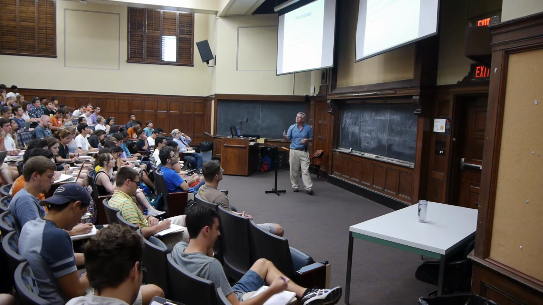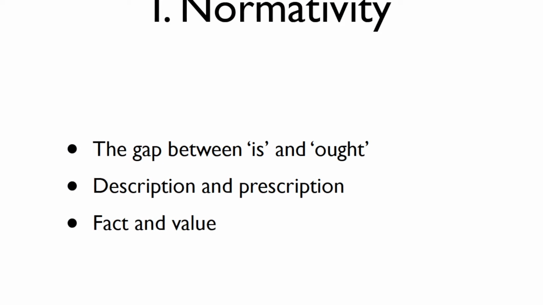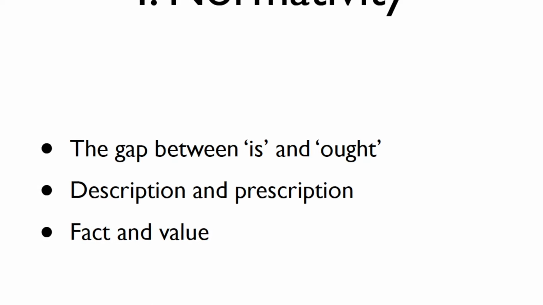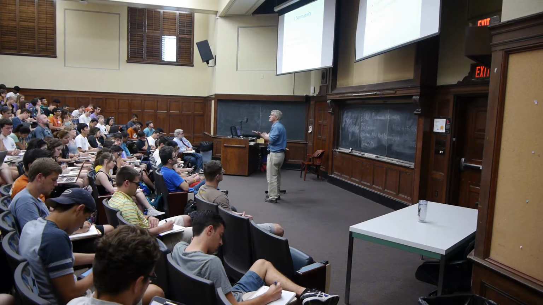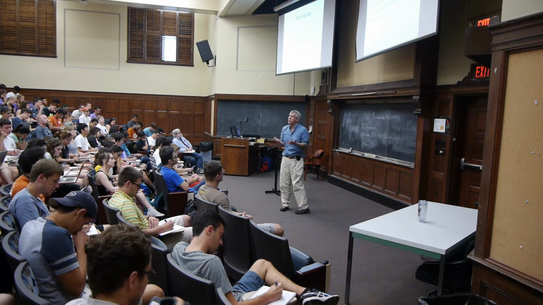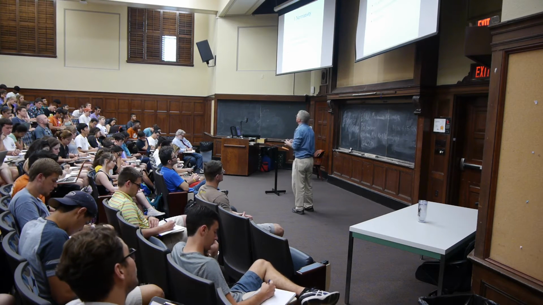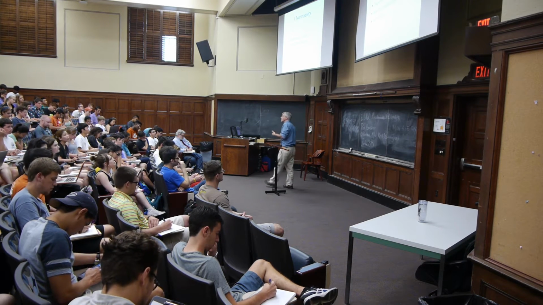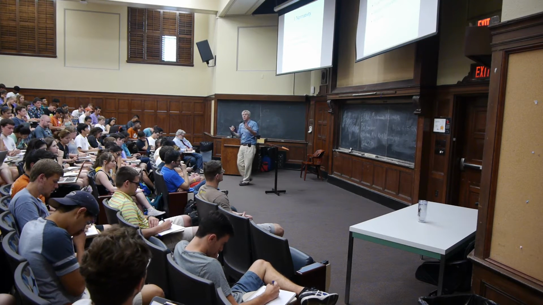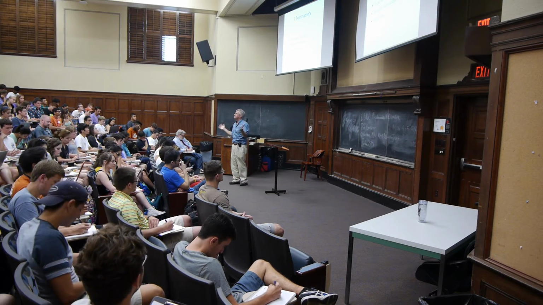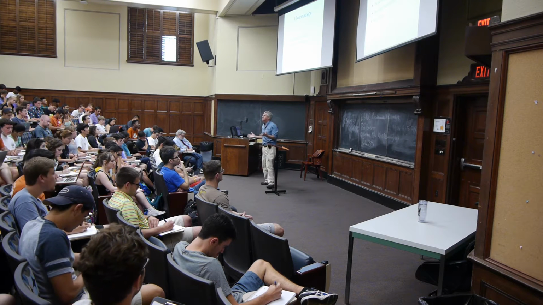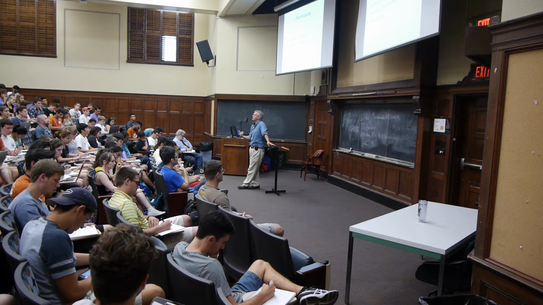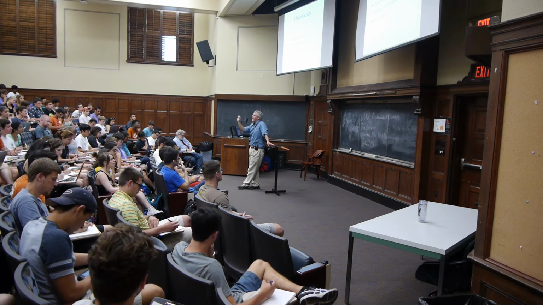The first problem, the first theme, is the problem of normativity. That is to say, how do we get from is to ought? How do I simply describe the world and then conclude something about what ought to happen, what ought to be done, what's fair and unfair, what's right and what's wrong, what's good and what's bad, virtuous and vicious? It's not at all clear how I get from descriptions of the world to some kind of prescription about what ought to be done. This is often described as the gap between fact and value. There are facts, there are values then, ways in which we evaluate those facts and make judgments about them. How do we relate the facts to the judgments?